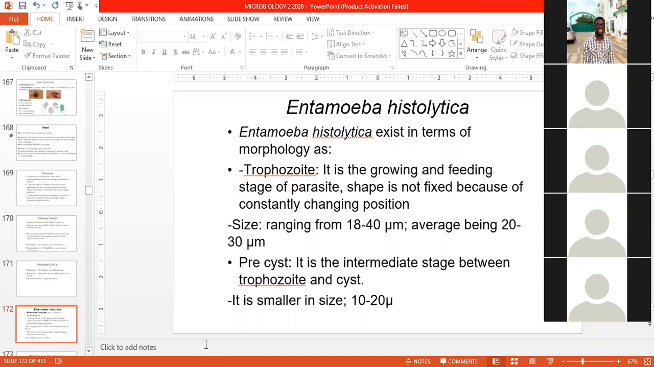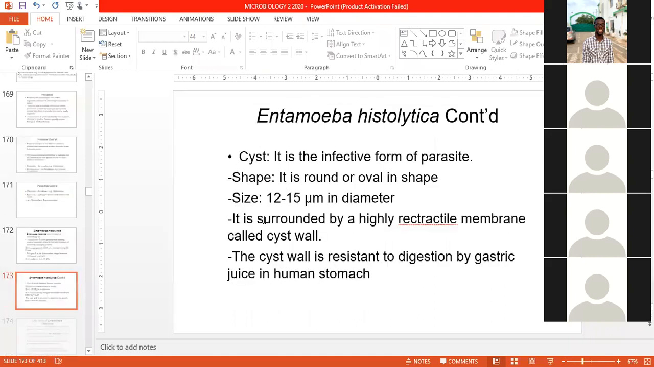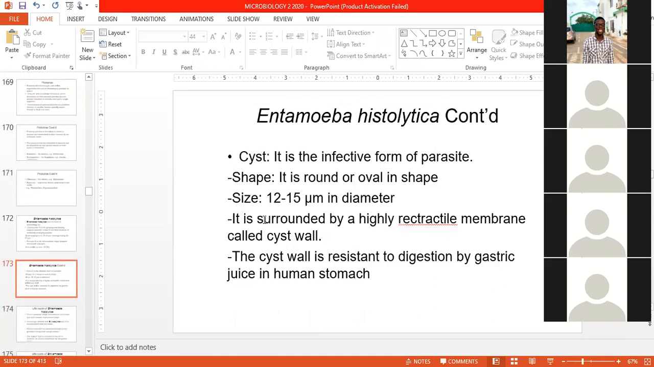Now, taking our first example, Entamoeba histolytica. It exists in several forms. The first we are talking about is the trophozoite. This is the feeding stage of the parasite. And then when a cyst is formed around it, we have the infectious state, which we can also call the cyst stage of the parasite. So as you can see in this slide,